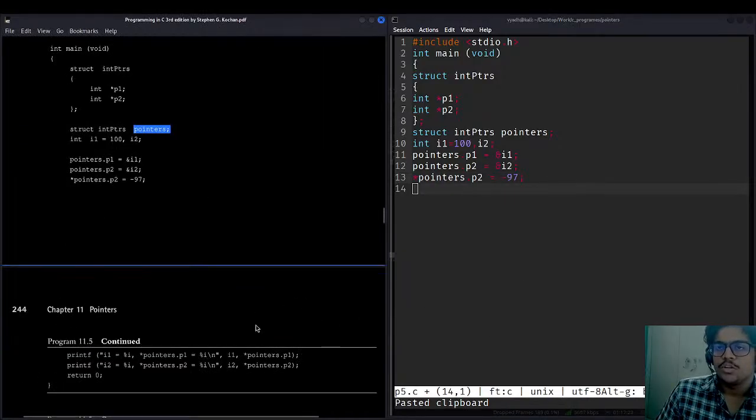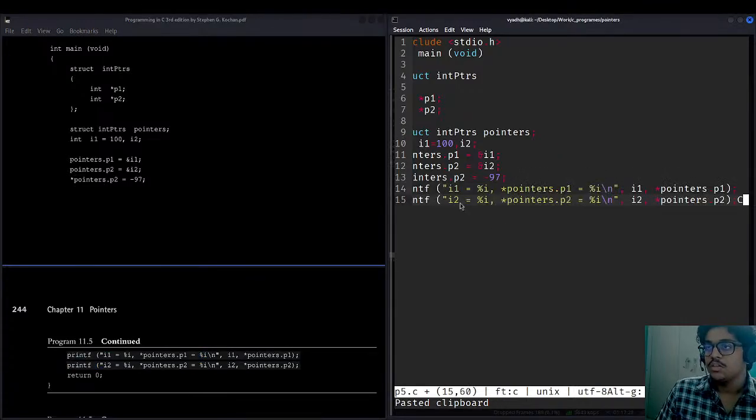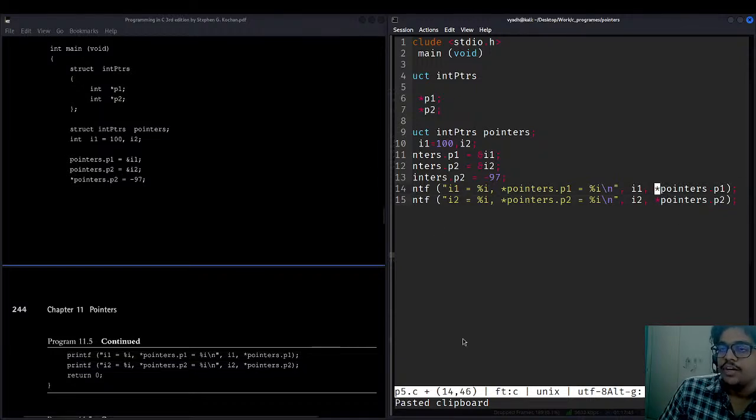Pretty good. Now they are printing, so let's not waste our time and directly write this. In the first it is printing the values of i1 and pointer 1, and in the second, when you want to access the value, I have told you many times, you have to denote it with an asterisk, and when you are doing some kind of operation you can just go directly.